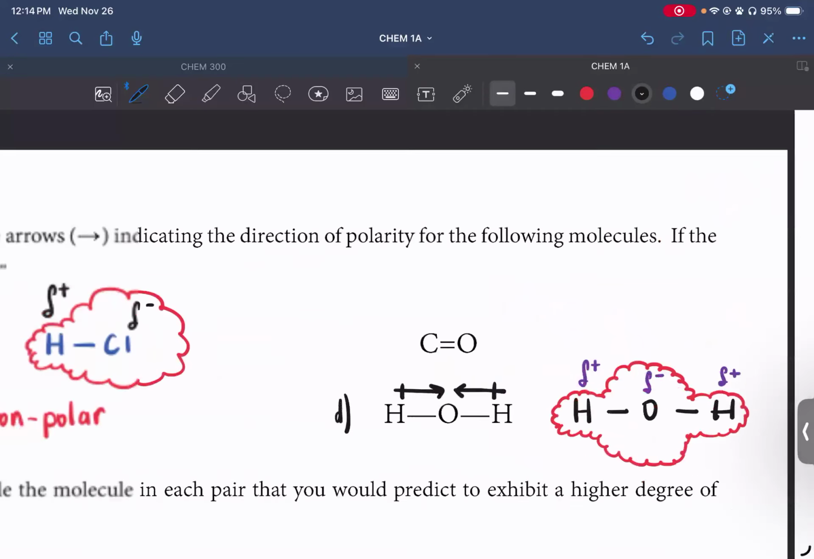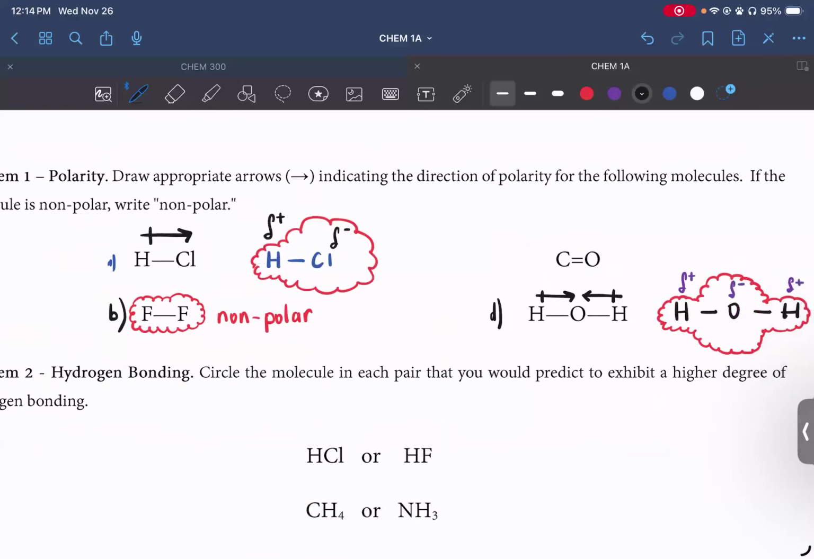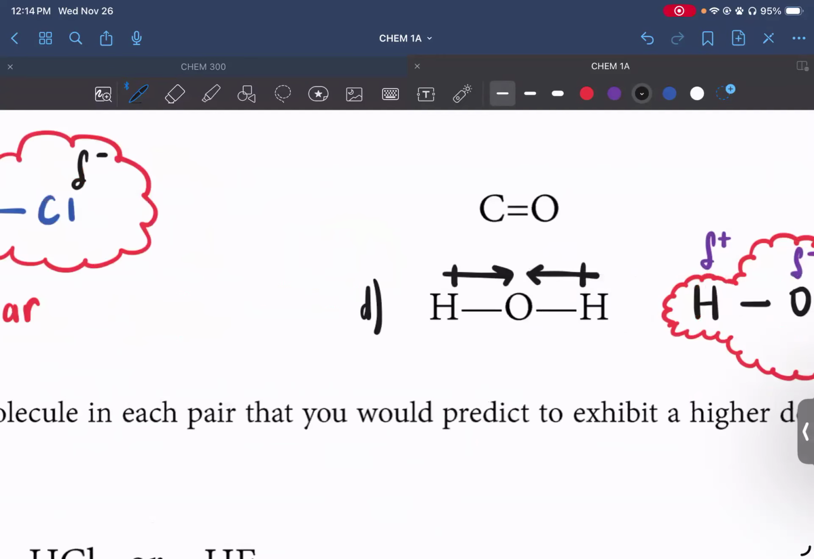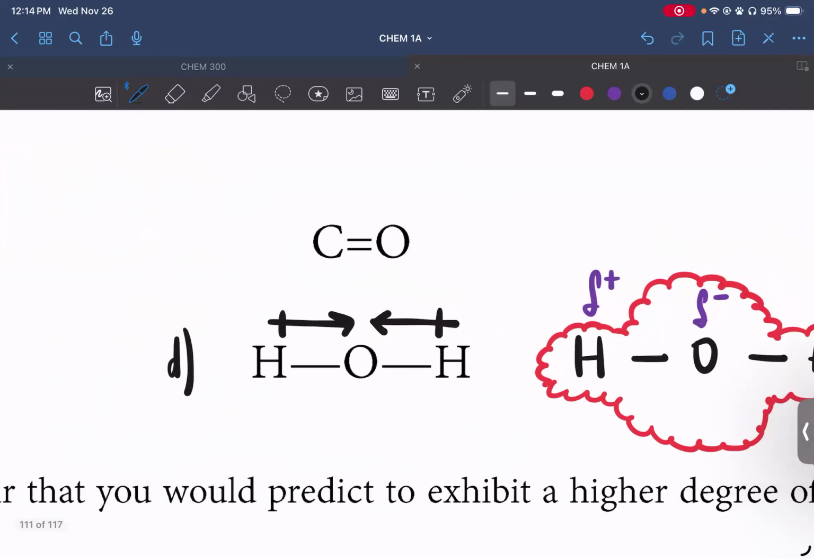I'm going to talk about something else related to HOH specifically, but before I do that, does anyone have any questions on problem 1? Okay. The specific thing I wanted to mention about HOH is that solely based on how we've drawn it visually,